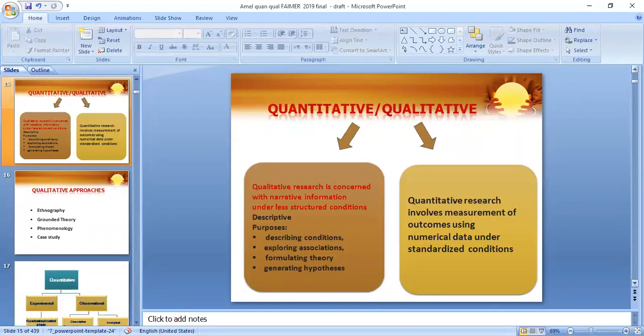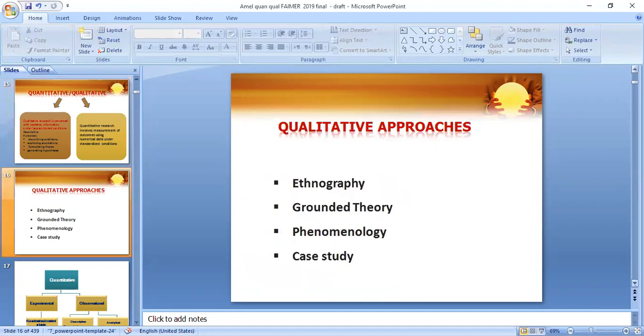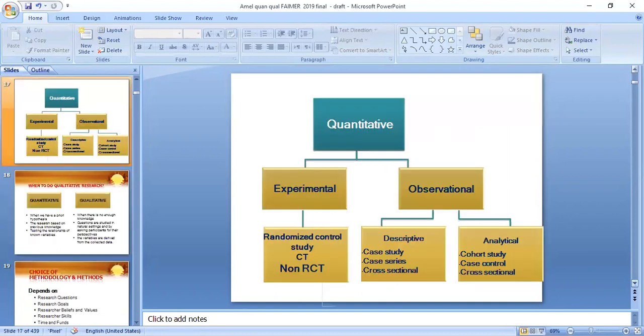So what about the qualitative type? The purpose of qualitative research is to describe condition, explore association, formulate theory, or generate hypothesis. But quantitative research is concerned with numerical data under standardized conditions. There are many types of qualitative research like ethnography, grounded theory, phenomenology, or case study. And for quantitative research, we have two main types, experimental and observational, and we'll go through these details